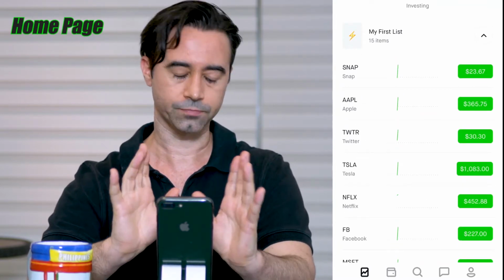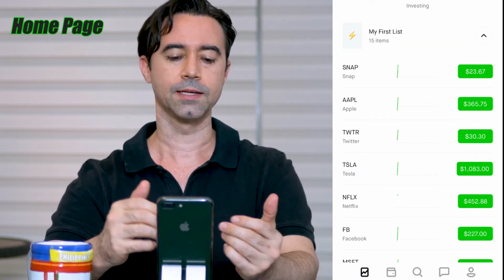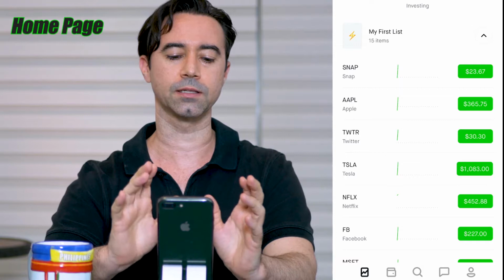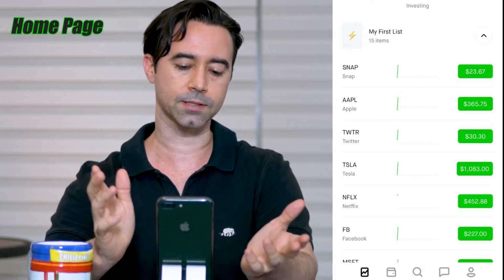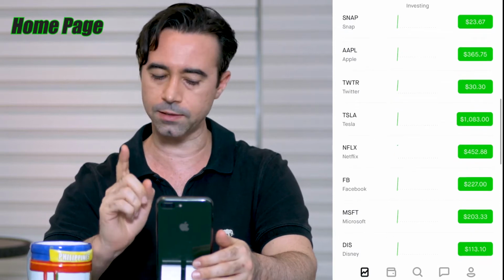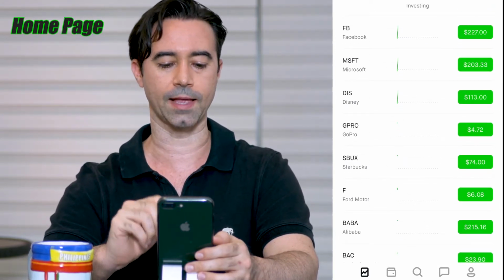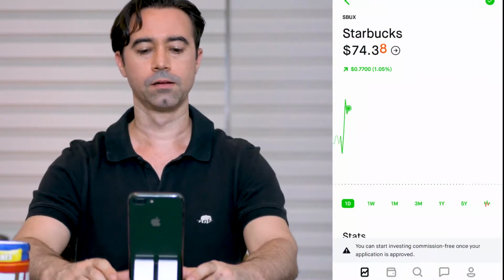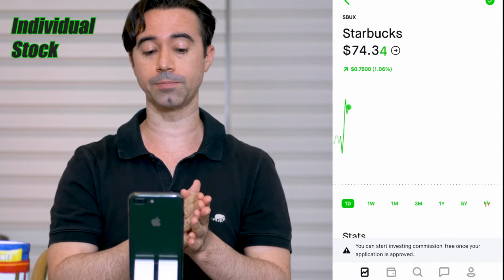And so when it comes to stocks, what I want you to understand is that you can actually click on one of these stocks. So let's go ahead, and everyone always clicks on Apple, so I'm not going to do that. We're going to go with something different than Apple. Let's go with Starbucks. Okay, so here we are on Starbucks, and as you can see, it's actually updating live